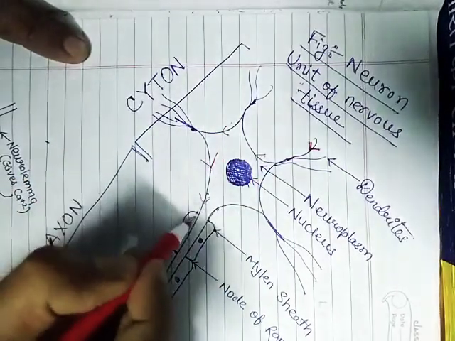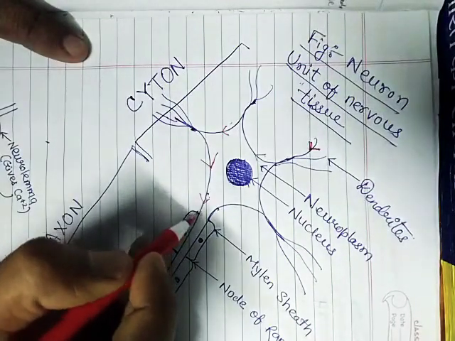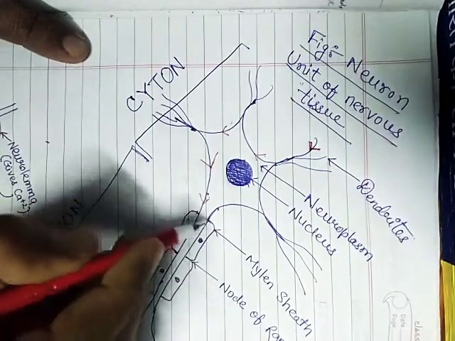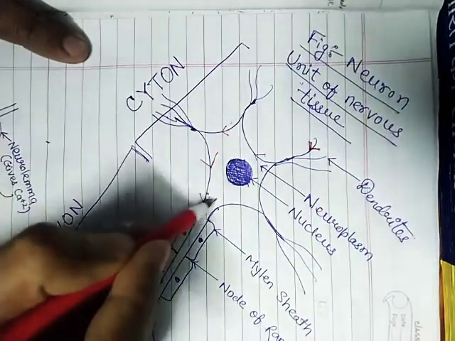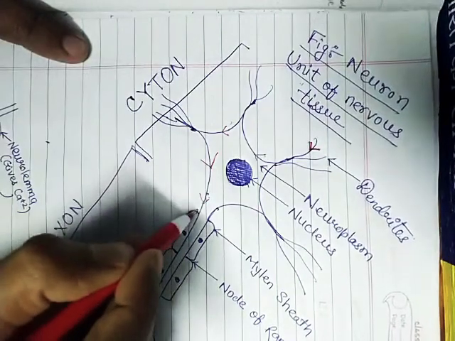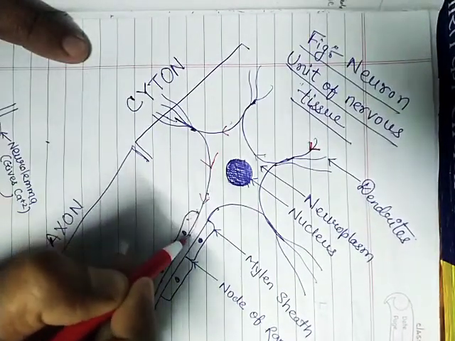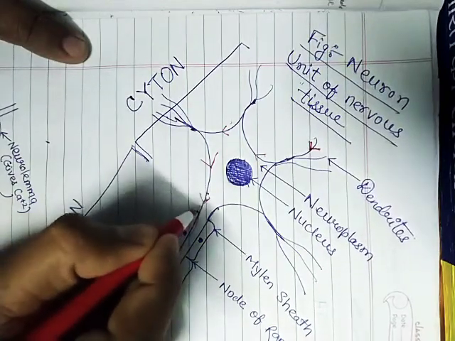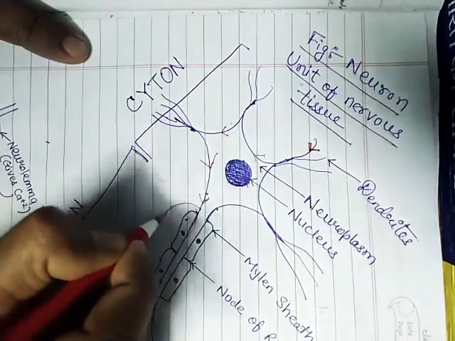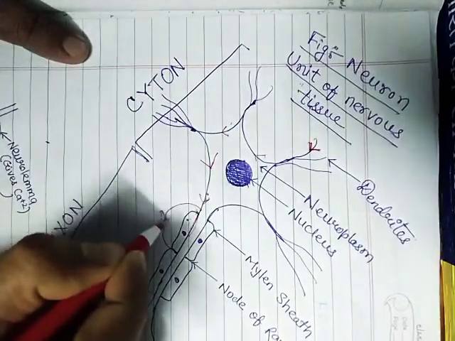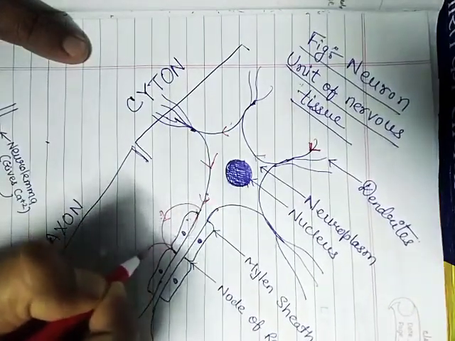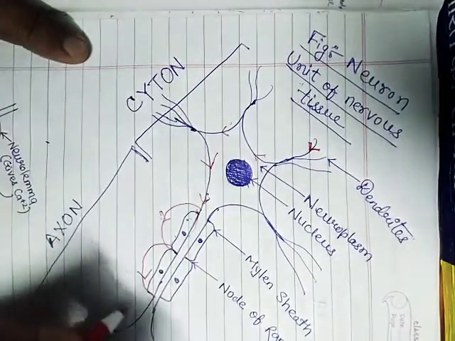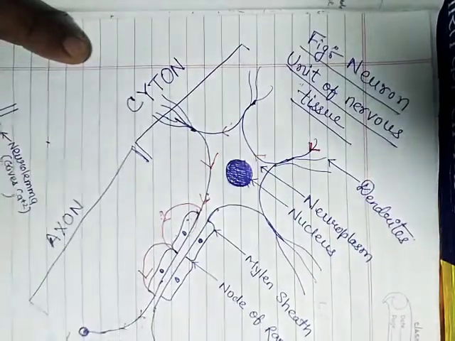As soon as it reaches the myelin sheath, which is a non-conductor, while this axon is a conductor of electricity, it will not pass through the axon like this. So now how will the electric impulse pass? It will jump from here to here. Now it will again jump from here to here. Okay, and now it will travel again in linear fashion.